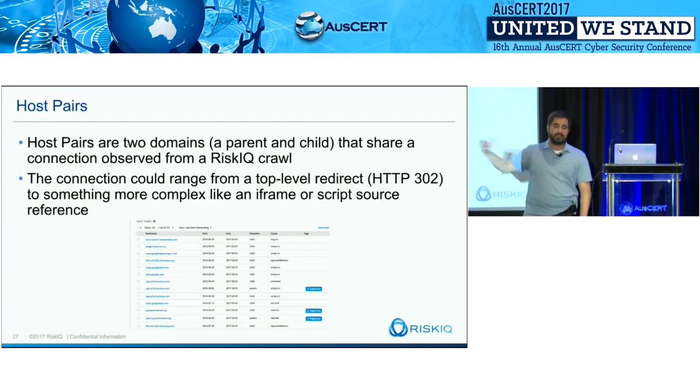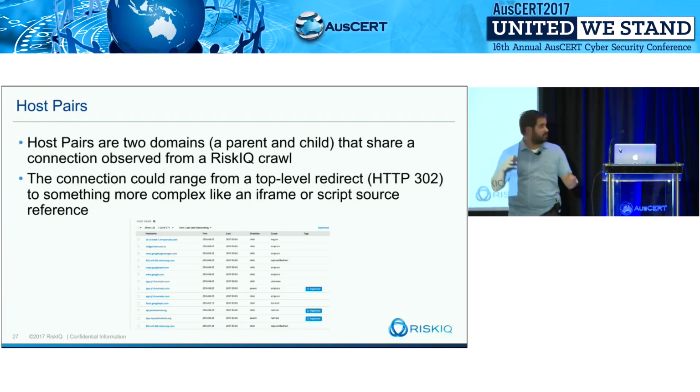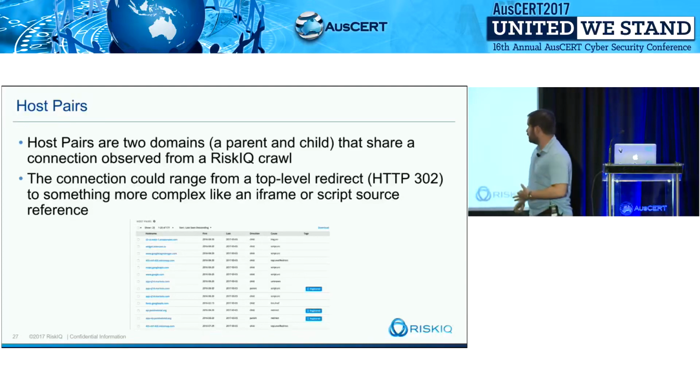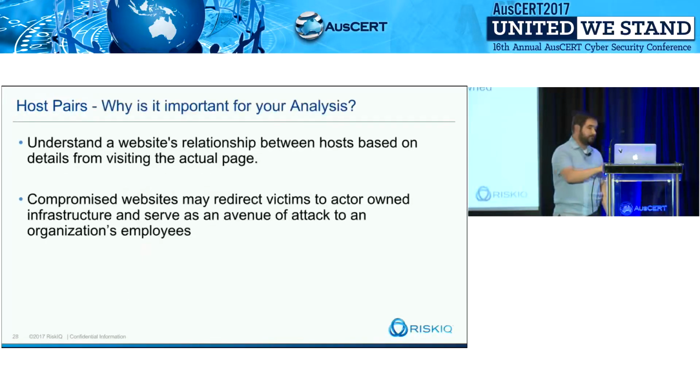Vice versa, if you're pulling information from a third party, that information in correlation is pulled in. And what we want to understand here is where are things coming from, what third-party assets are being pulled in, and what are those redirections that are interesting. And this is a little small, but what you can see is the domain that we saw, the first time we saw it associating with the parent domain, the last time we saw it, and the cause of the redirect. So is it a top-level redirect? Is it an iframe? Was it a script? Was there some CSS at play? There's all sorts of scenarios that could come into play here.